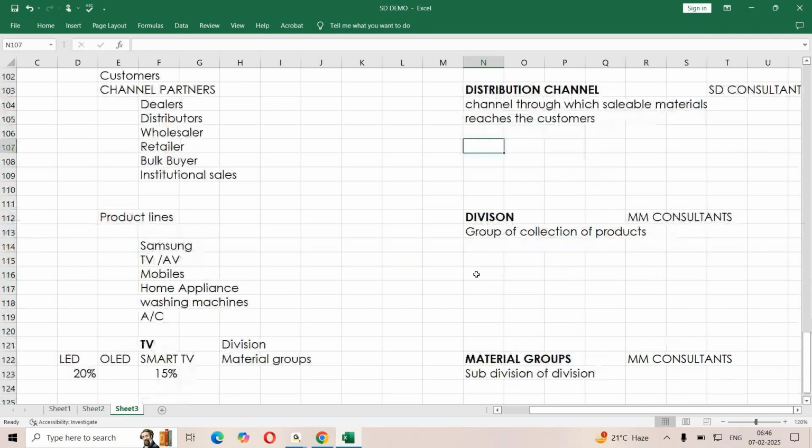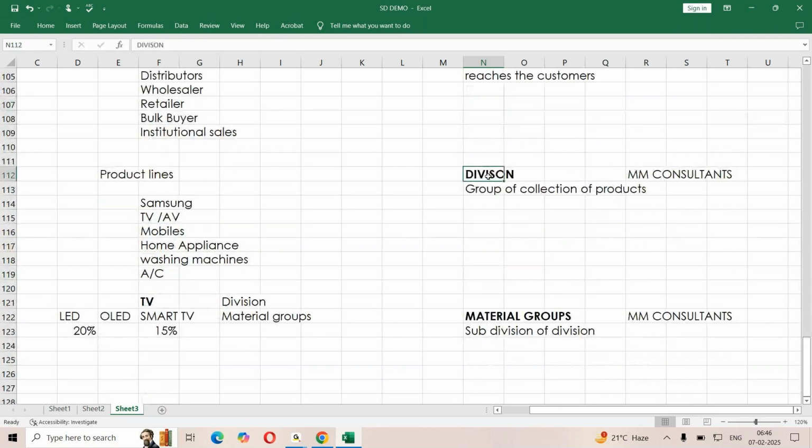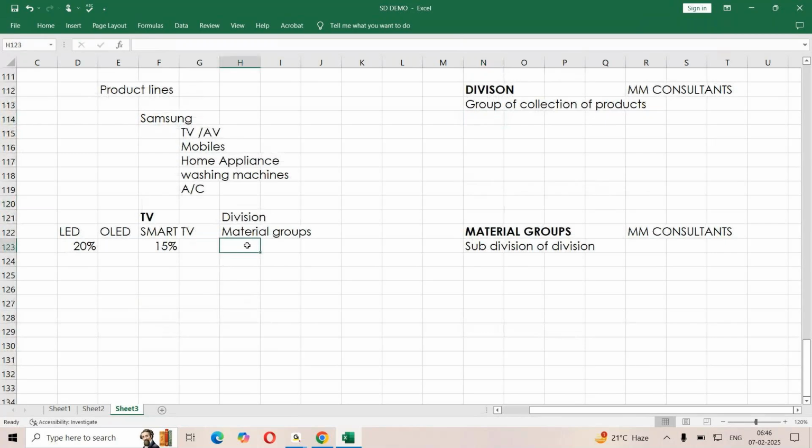And then we started working out with our divisions, product lines. So what all products a company is going to be selling to the customers, we try to call it product lines over here. Those product lines in SAP terms, we map and call as divisions. And the last and final one we have discussed was material groups. We try to subdivide this particular divisions into groups. That is what we have done till now.